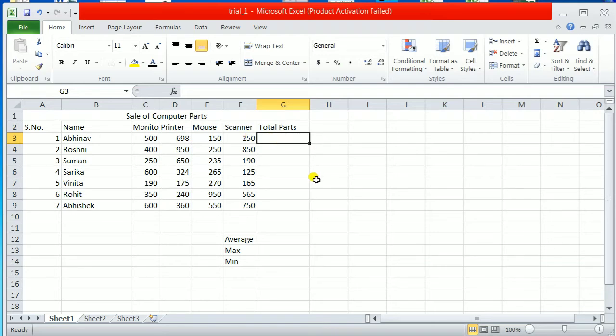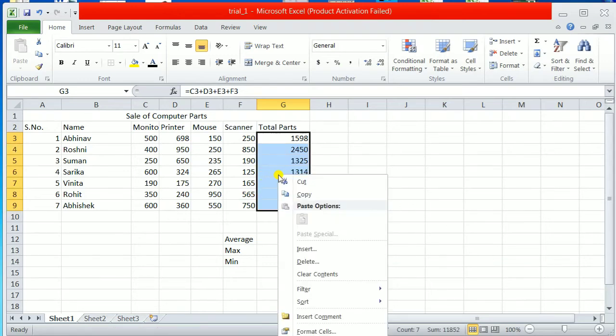So what is the thing? First thing is the equal to sign. When you are writing a formula, it should begin with the equal to sign. Now select the cell. This is the most common, the most simple way to write a formula. Select the cell, put the operator and press enter when you want to get the total. This way I have found the total. I will select the first cell only, put the pointer on this dot, drag and copy the formula to the rest of the cells. And this is one method.